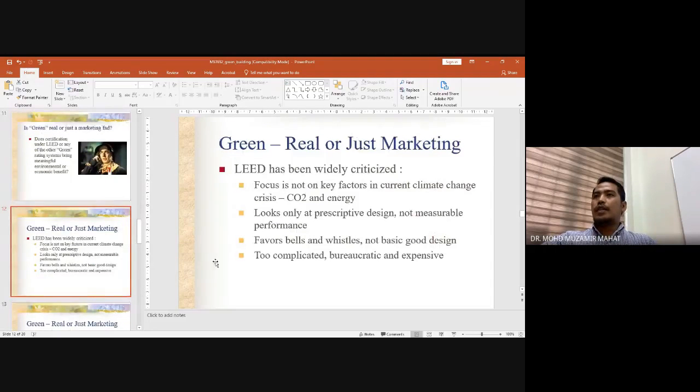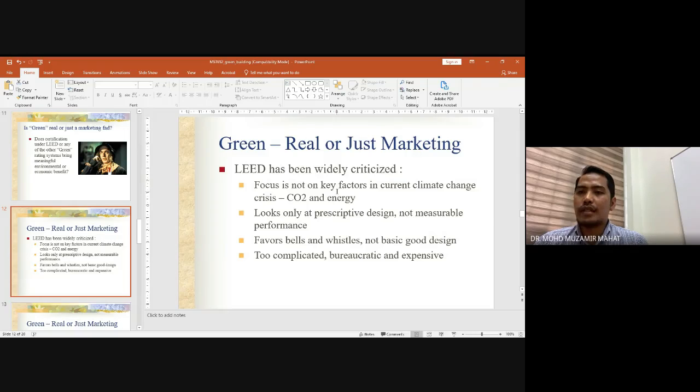Okay. Green, real or just marketing? LEED. This is a society that provides a standard, and it has been widely criticized on a few things. The focus is not on the key factor in the current climate change crisis, which is CO2 and energy. It looks only at the prescriptive design, not measurable performance. Of course, anything that we do, we should be able to measure the